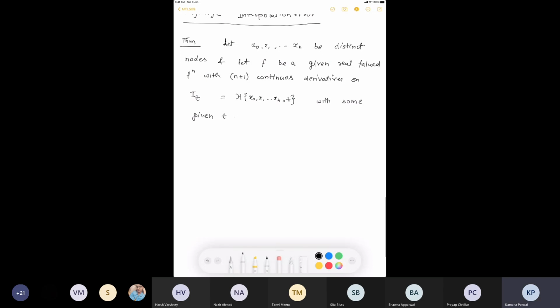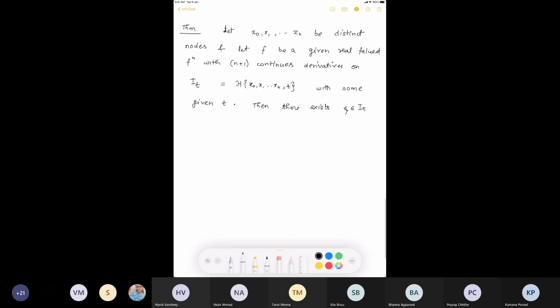We are going to analyze what error we commit when we use the interpolating polynomial. So we can prove that there exists, let's call it xi, which is in this interval It, such that